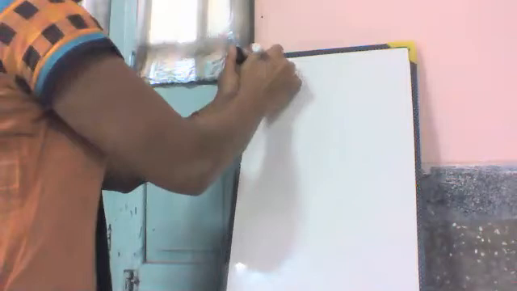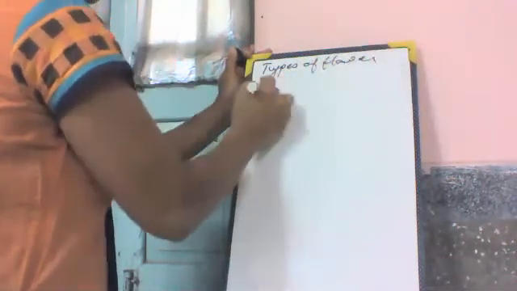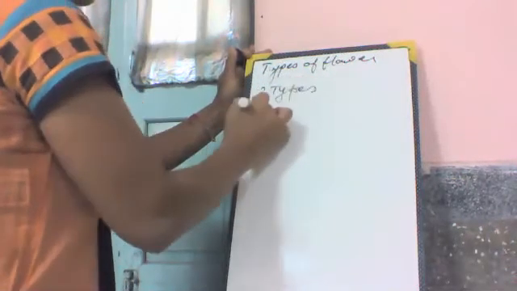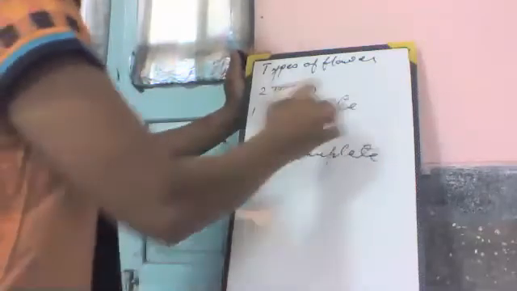There are 2 types of flower: complete flower and incomplete flower. In a complete flower, it has all